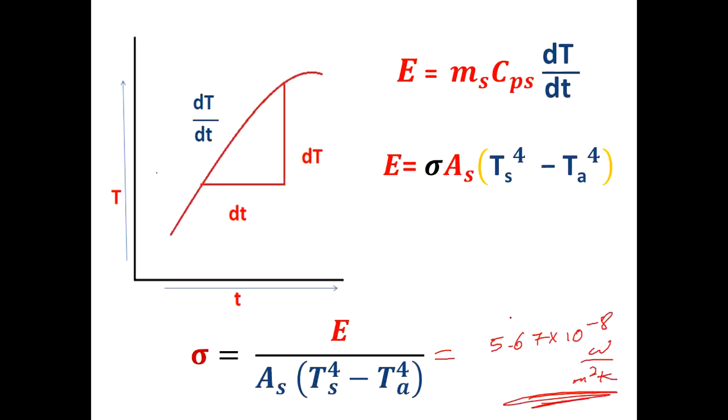It comes like this, but it won't come exactly like this, because whatever body you are using is not a black body, it is a grey body. There will be emissivity, all these things will be there. You will come to know in the radiation chapter in your heat transfer theory.